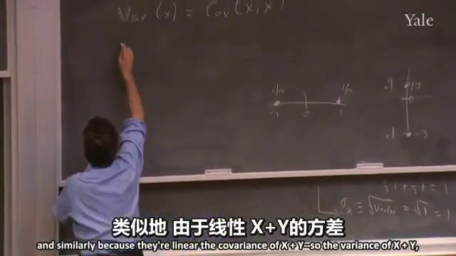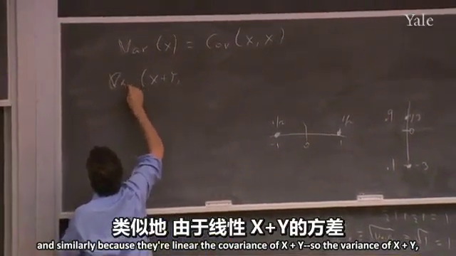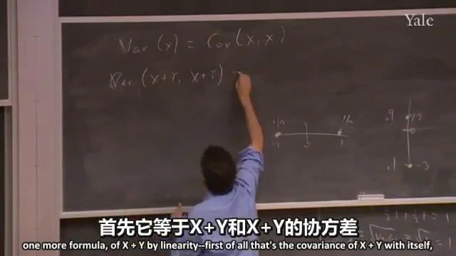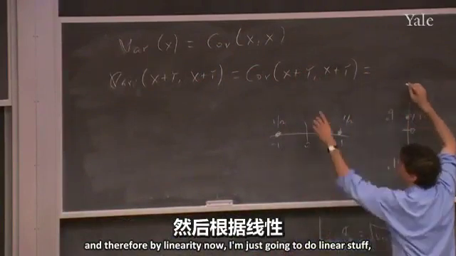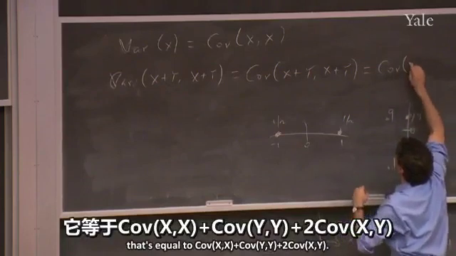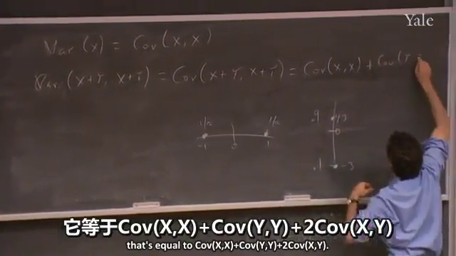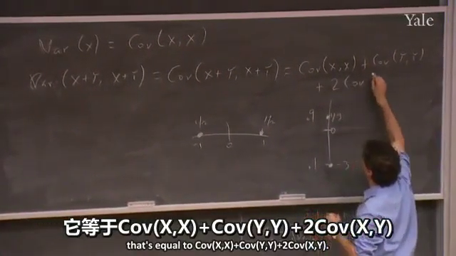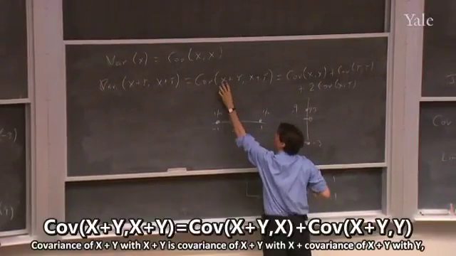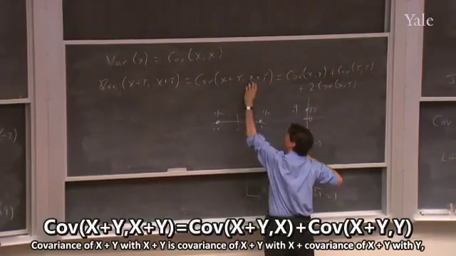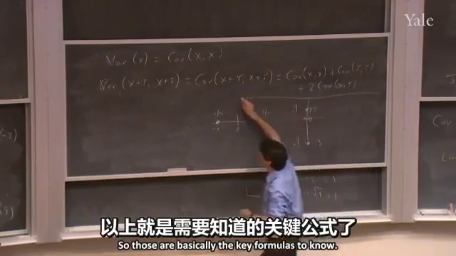Okay, and similarly, because they're linear, the variance of x plus y, one more formula, by linearity, well, first of all, that's the covariance of x plus y with itself. And therefore, by linearity now, I'm just going to do linear stuff. That's equal to the covariance of x with x, plus the covariance of y with y, plus 2 times the covariance of x with y. Since it's linear, I just do the linear parts, right? Covariance of x plus y with x plus y is covariance of x plus y with x plus covariance of x plus y with y. Then I repeat the linearity thing and I get down to that. Okay, so those are basically the key formulas